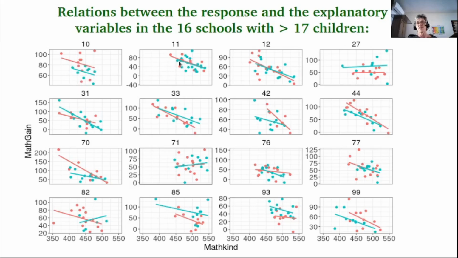We see a difference in school 11, and a big difference both in slope and intercept for the school 27, and even a disparity between the different genders in school 82. So from this rather fast exploratory data analysis, we see that there is in effect a relationship between the response variable and the explanatory variable, that the relationship varies with the sexes or genders, and it also